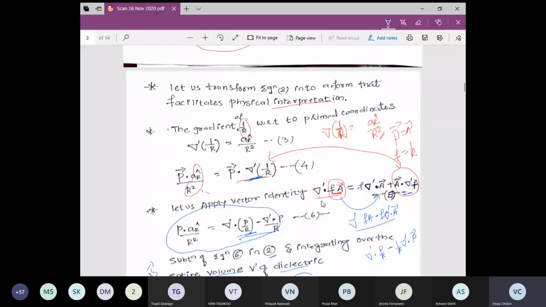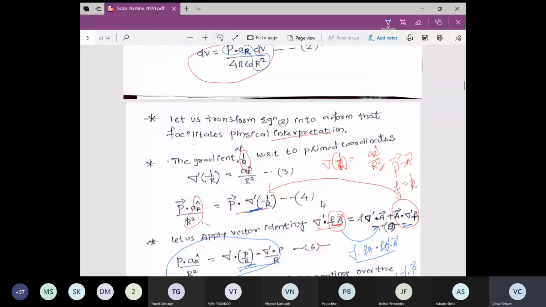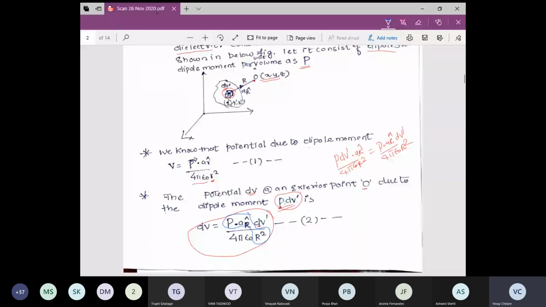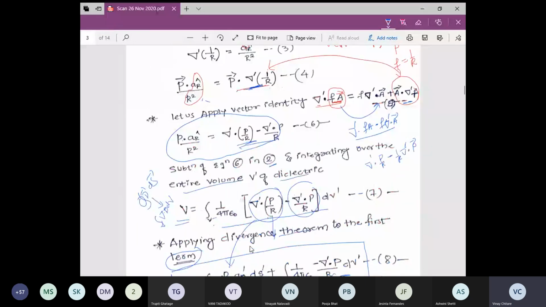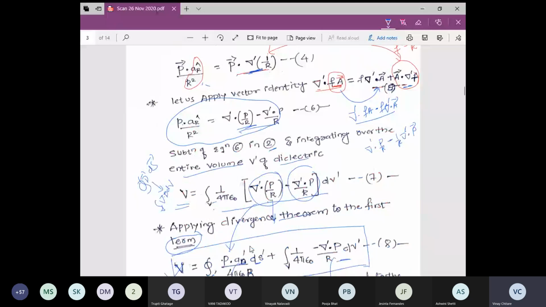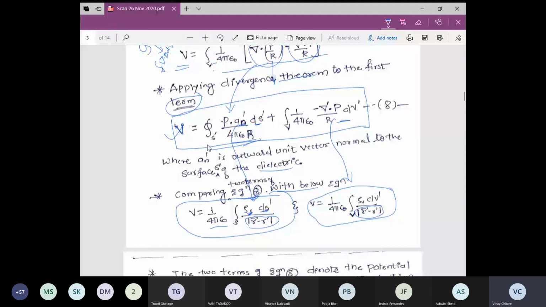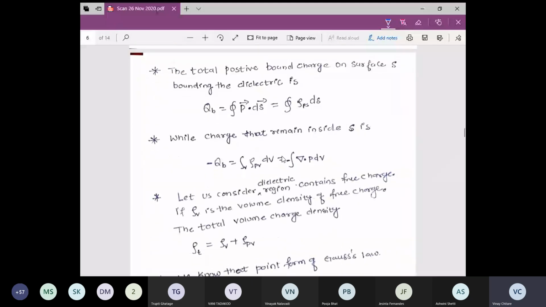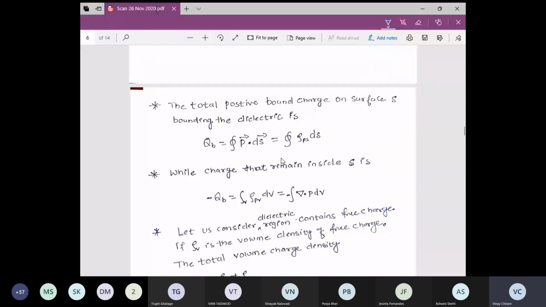This is something very interesting. We started to find a potential due to a dipole moment, and we end up with an expression for a potential due to charge densities, that is, bound charge densities. Once we have this picture, we can say further: